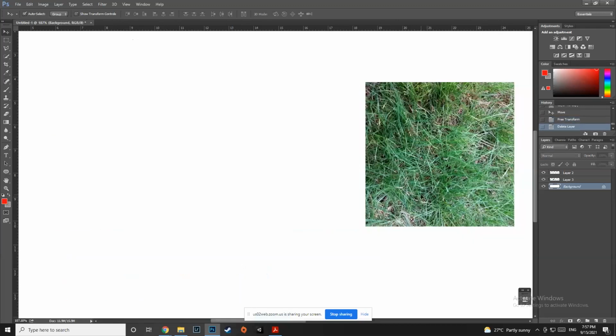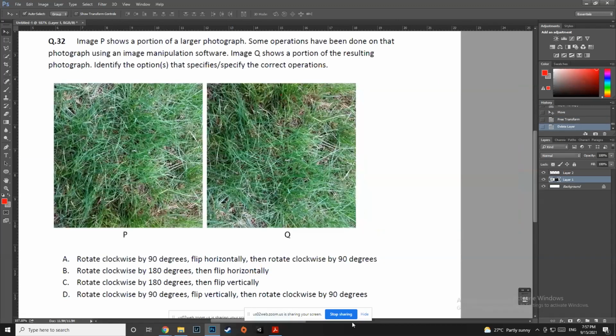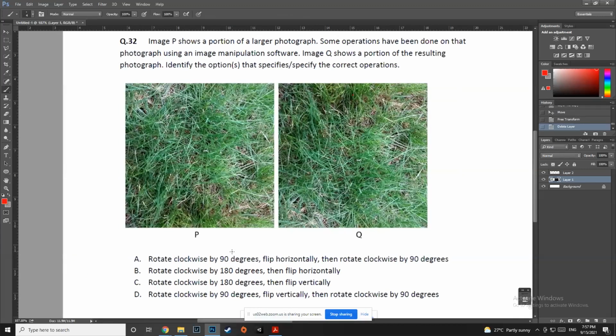But what I want you to do is to be able to do it mentally, right? So how I do it mentally is, see, I can see that the dark, but sir, in the exam hall, we won't be having Photoshop. Exactly what I'm trying to say. So how do you do it mentally?